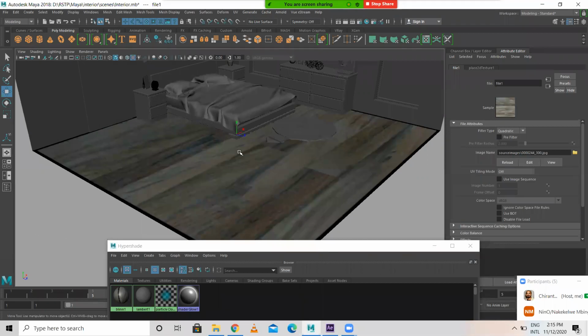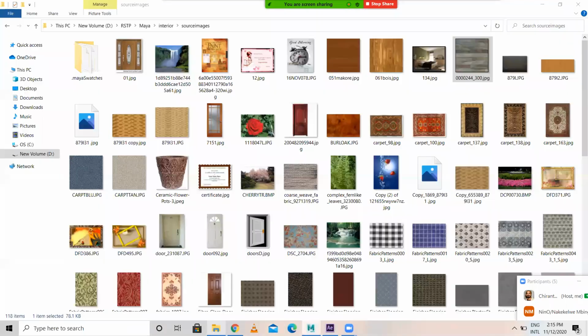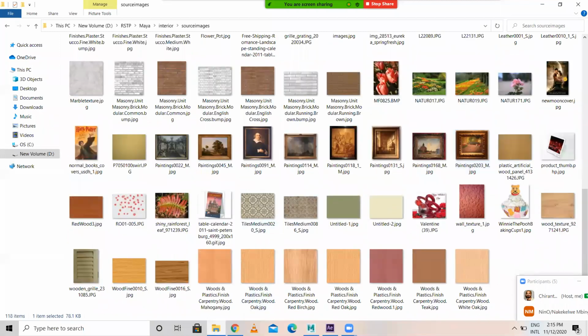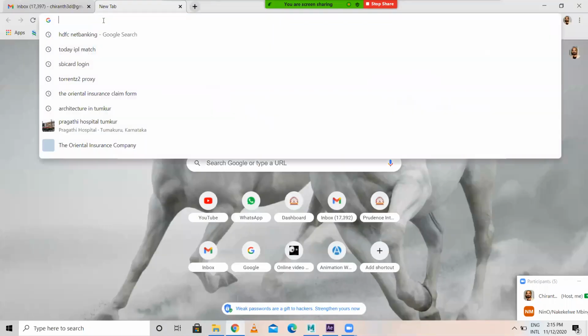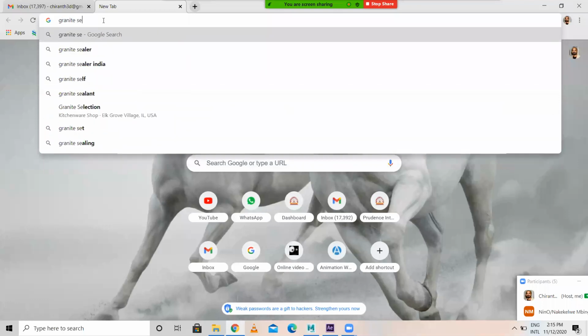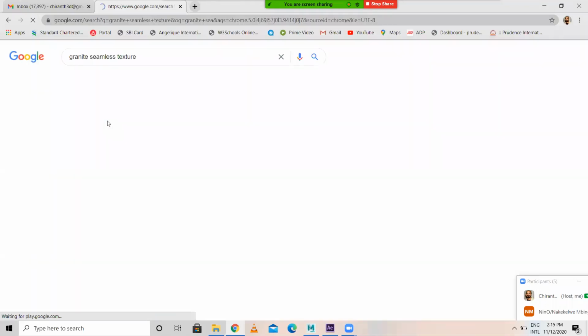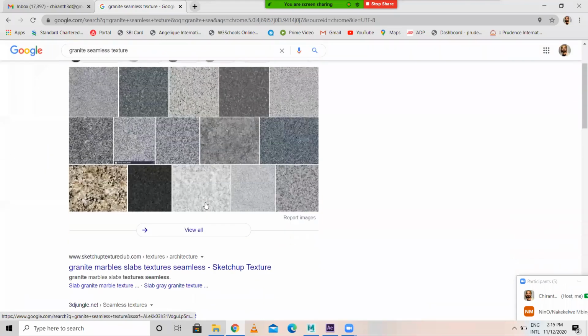Any doubts? You can see the texture, but this is not looking good. Let's place this properly, or else let us see, do we have any other good texture? If it is not there, you can even download it. So, granite seamless. Whenever you search for texture, always go with seamless texture.